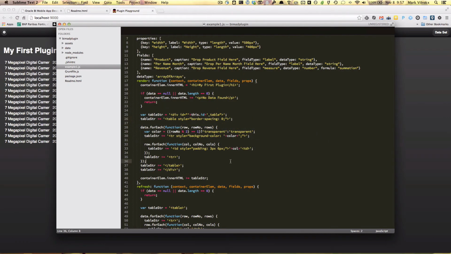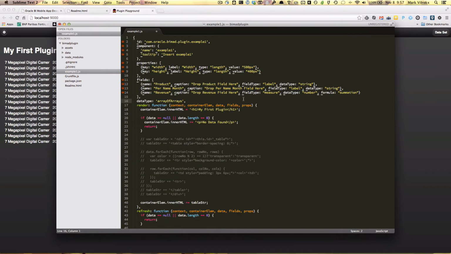Okay. So your first step is to remove what you don't want. I'll show you here how to actually use D3.js for your plugin development, but you could use any JavaScript framework. Your first step is to include the JavaScript framework that you're going to work with in here. So the way you do that is you